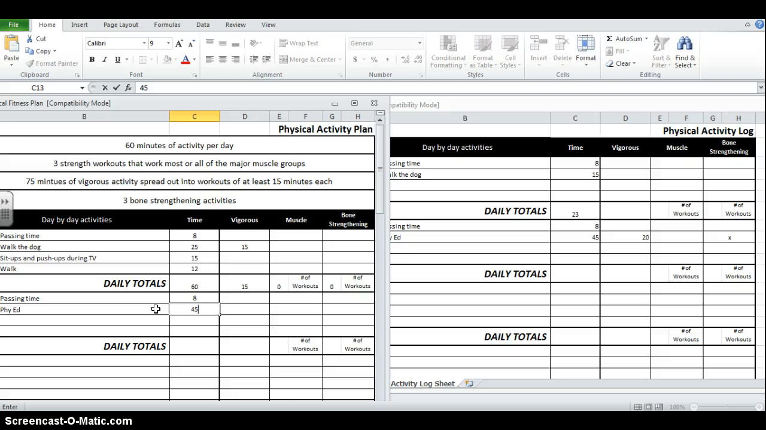It was a 45-minute class where I got 20 minutes of vigorous activity, and I got some bone strengthening workouts because maybe we played Ultimate Frisbee during that class period, and the running around would qualify as bone strengthening. So I'm currently at 53 minutes, so I'm going